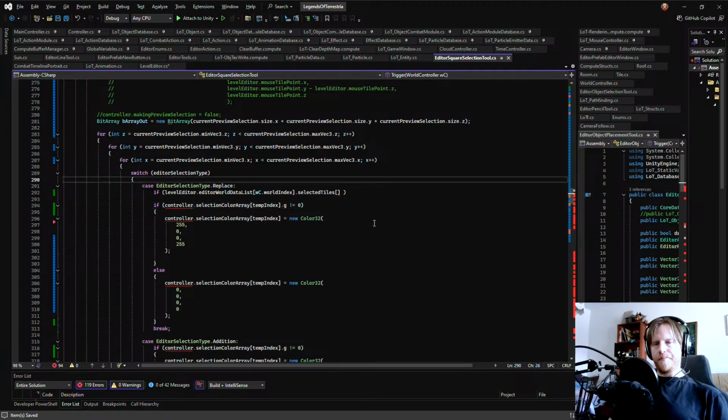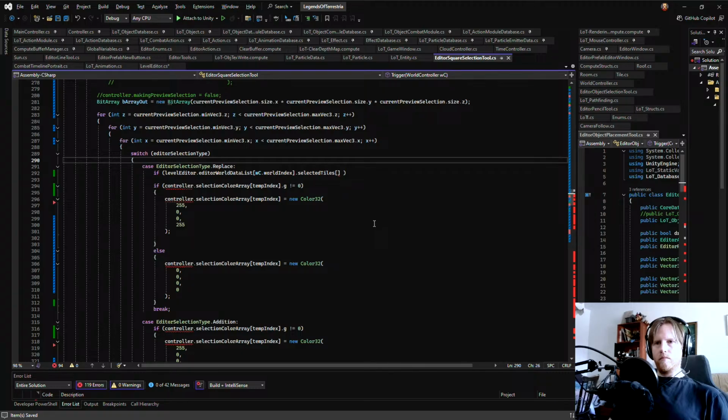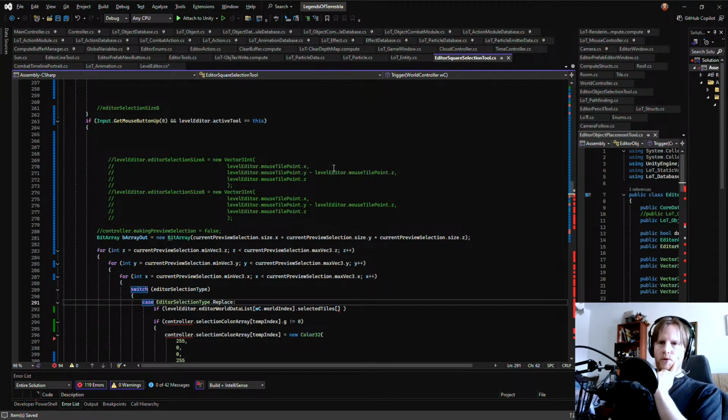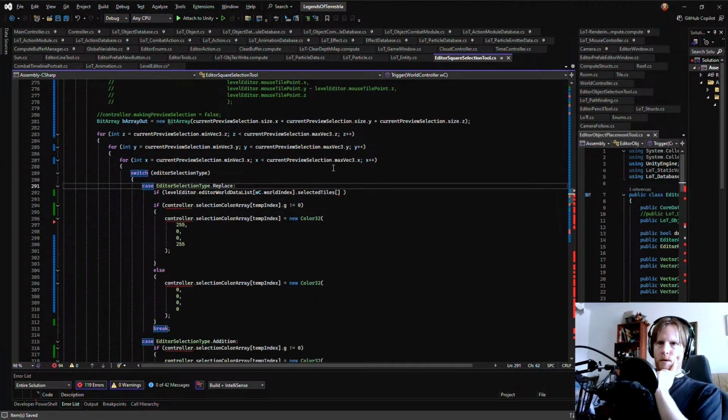And then on replace, we are creating replace here, right? So on replace, we should deselect everything.